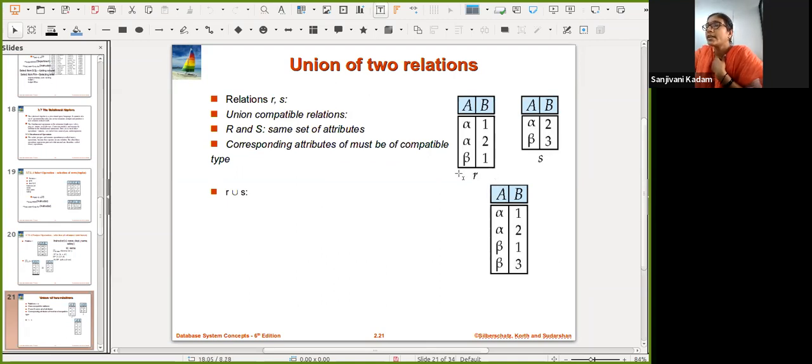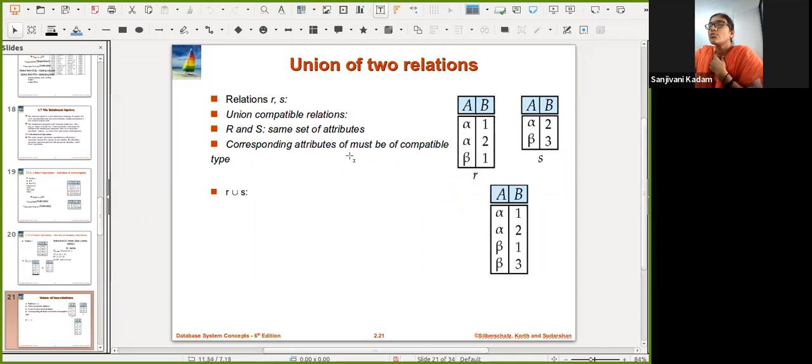For example, R and S: to perform the union, R should have the same number of attributes as S. The second condition is that the respective data types of these attributes should match. If I have an alphabetical value here, then here also I should expect an alphabetical value. So the corresponding attributes should also be of compatible type.